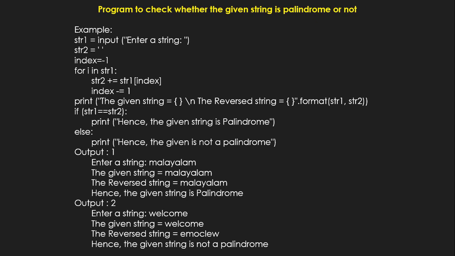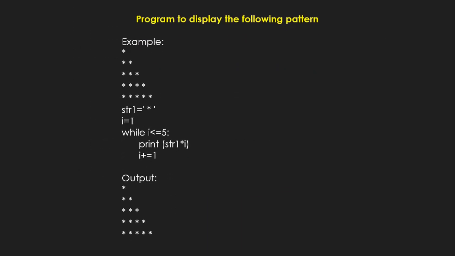So next slide I'm going to talk about another example in string functions, how to print a pattern. I told you this triangle formation is very, very important. You may get a pattern formation using an asterisk like this, or you may get a pattern formation like 1, 1 2, 1 2 3, then 1 2 3 4, 1 2 3 4 5, like that. Some triangle formation will be there for your final exam. It may appear in a 3-mark or a 5-mark question. But remember, you use a loop structure here. And this loop structure helps you to print how many characters in the first line, how many characters in the second line, and so on.